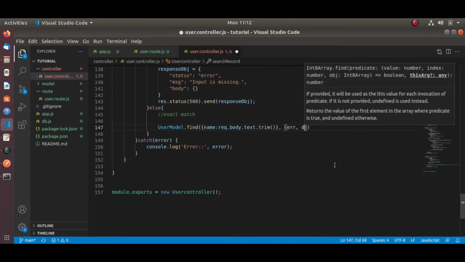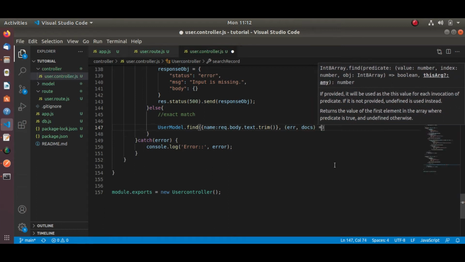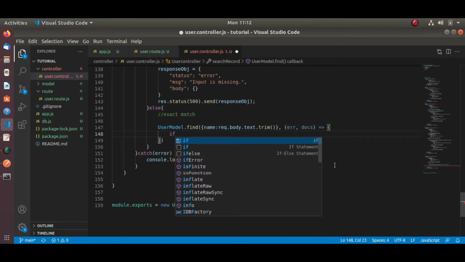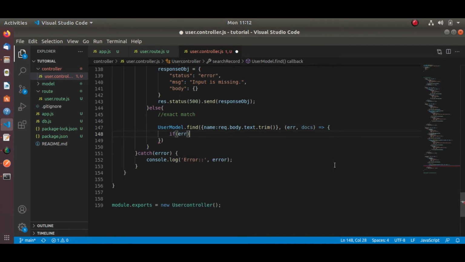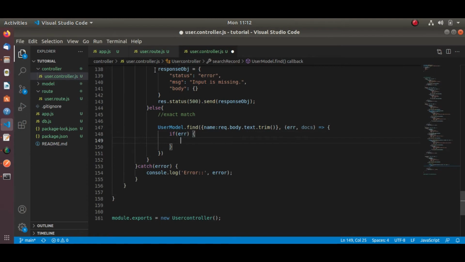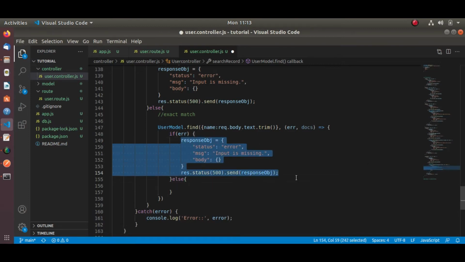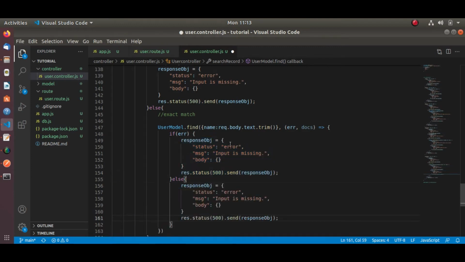Let's again define the callbacks. If error, then we will send the error response to the user. Let's copy it. If not error, we will send the success response.